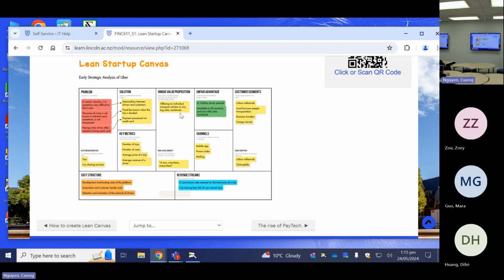Now, under the unique value proposition, you will see that we have small headlines here. High level concept. High level concept means: what is the direction for your product? So your product will be a friend of everyone, you will be the top ad in a certain area, and so on and so forth. For example, here Uber uses "a taxi anywhere, everywhere."